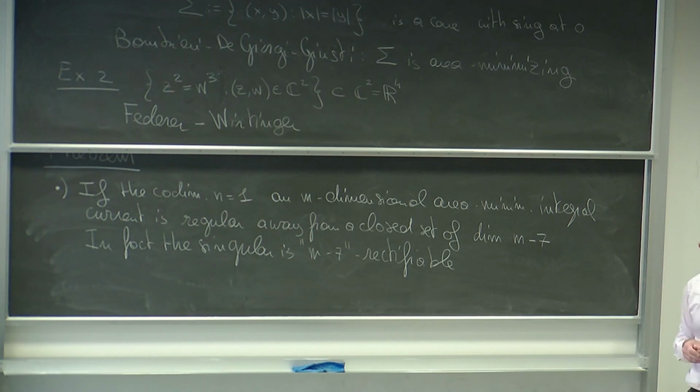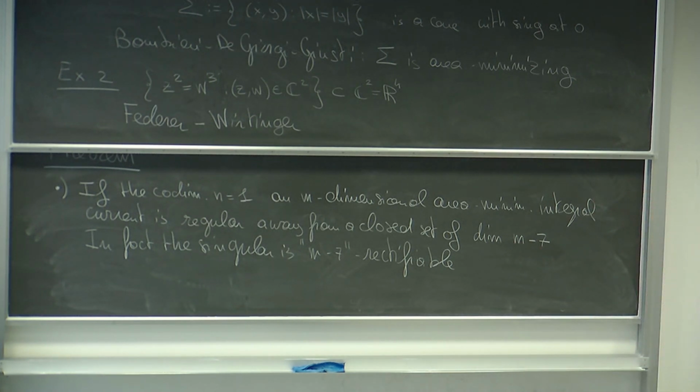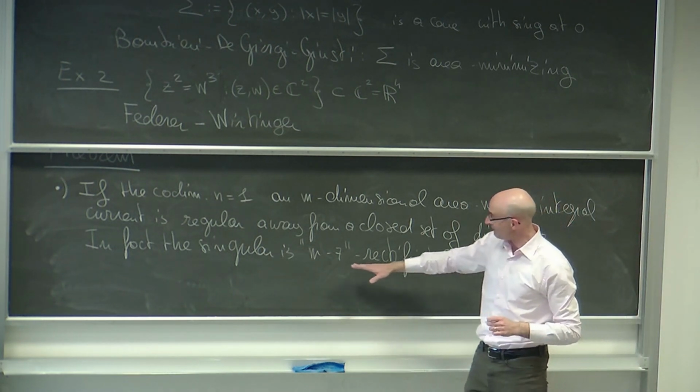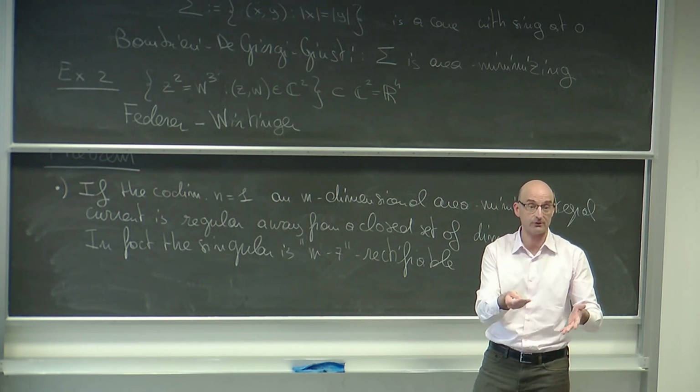So it's particularly interesting in 0 dimension. So in 0 dimension, it actually tells you that the singularities are countable. But in fact, you can prove a little bit more. Actually, when n is equal to 7, you really can prove that the singularities are isolated. So now a 0-dimensional set, on the other hand, you can make it as an exercise, or maybe you saw this, can be an uncountable set. Okay? It could be like a Cantor set of dimension 0. So you can easily construct it. So even though it doesn't seem actually much, it's a great improvement from just telling you that it has the correct Hausdorff dimension.